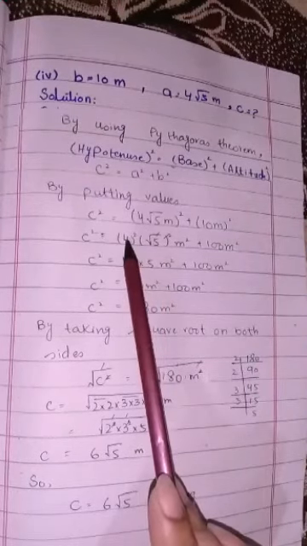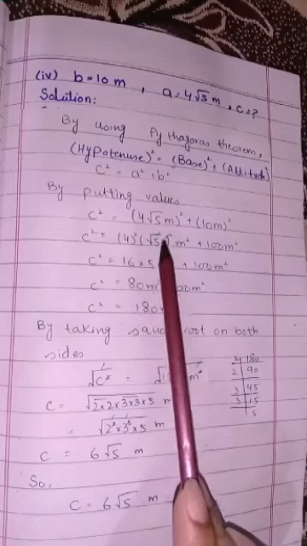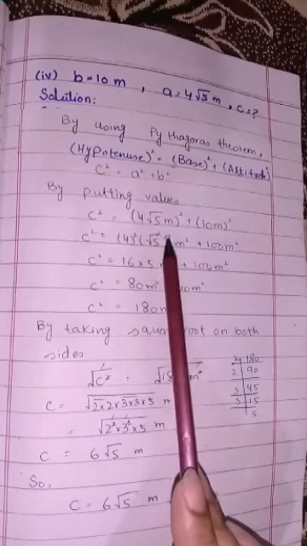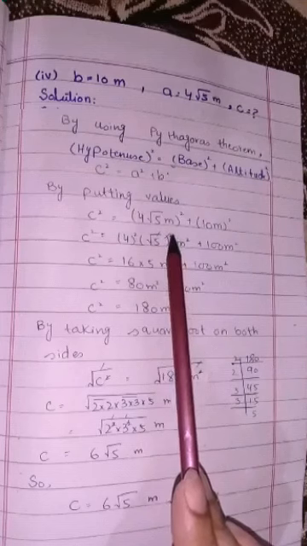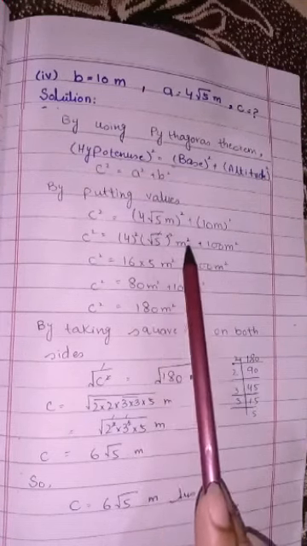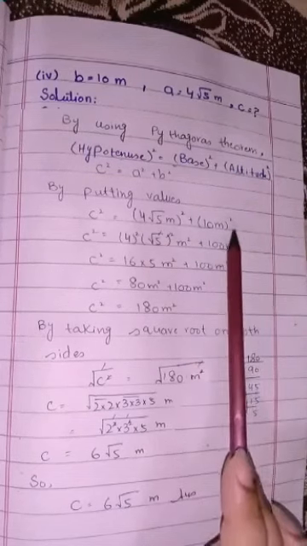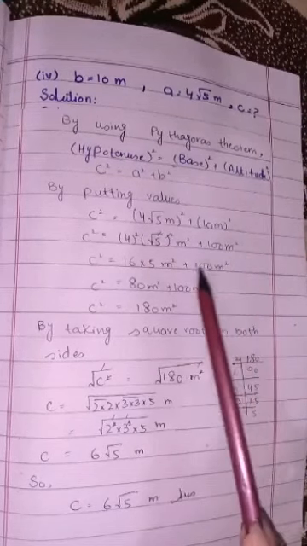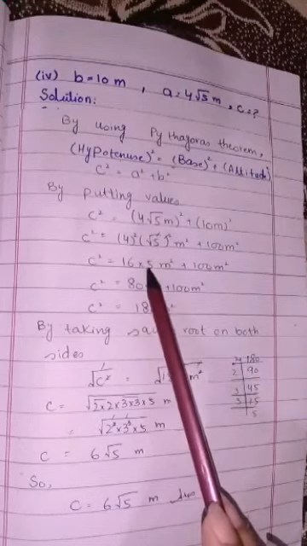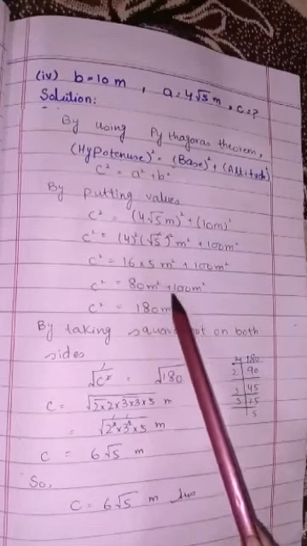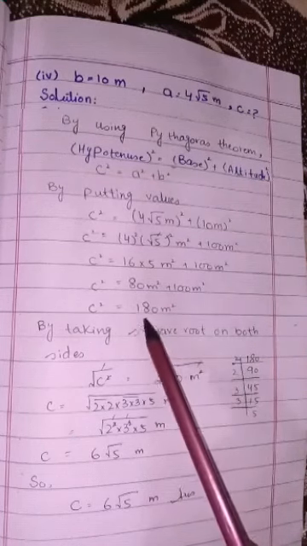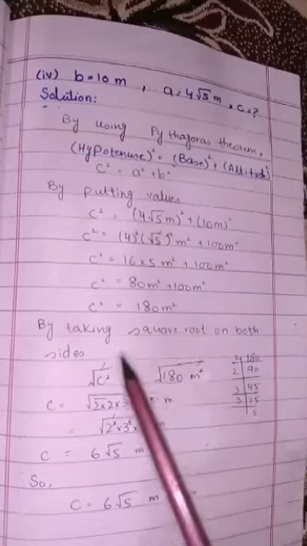As you can see students, 4² is equal to 16 and square root 5 cancelled with the square, because you all know that square cancels with the square root, and meter² as it is, and (10 meter)² is equal to 100 meter². Now we have 16 into 5 meter². 16 into 5 we got 80 meter² plus 100 meter². Students, both values are adding, so we got 180 meter².